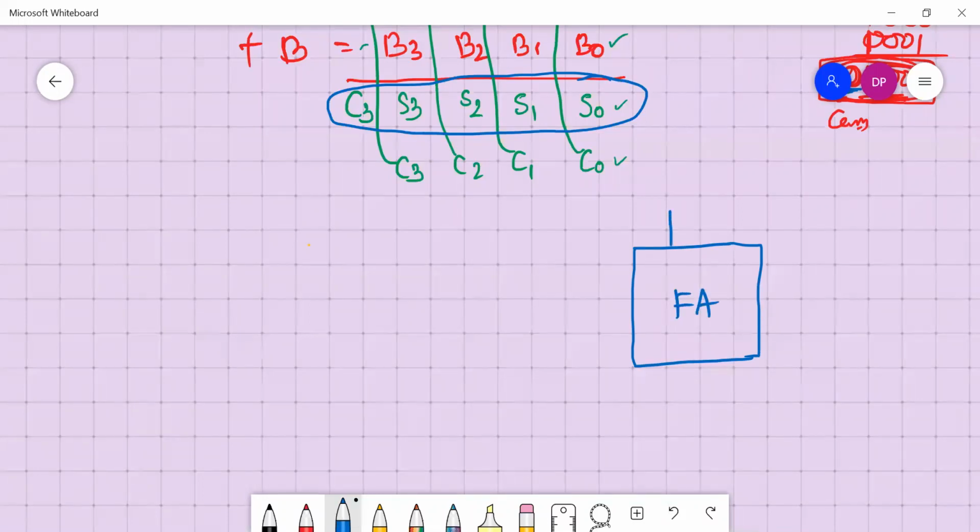It will take how many inputs? 3 inputs, and it will give us 2 outputs. Let me put the outputs in red color. We get 2 outputs.